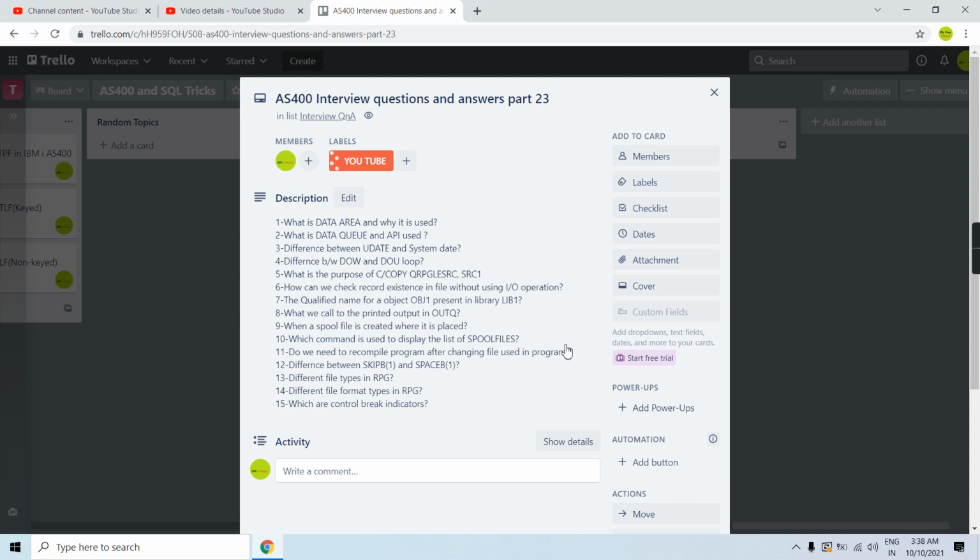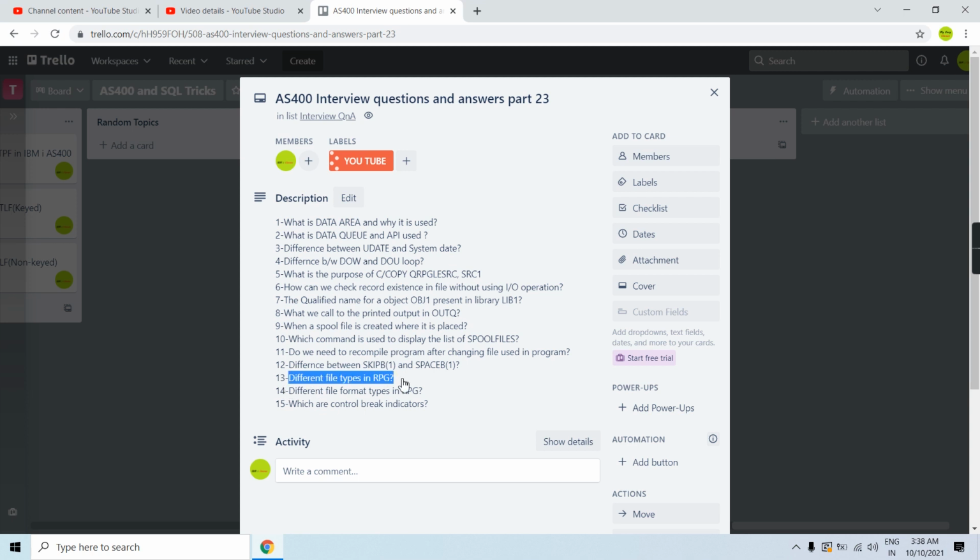So it doesn't mean that I'm going to skip two pages. I'm going to skip only one page, and on the next page I'm going to skip two lines, which is what skip b2 means. And space b2, as I said, if it's space b1 it would be skipping only one line, or if it's space b2 it would be skipping two lines on the same page.